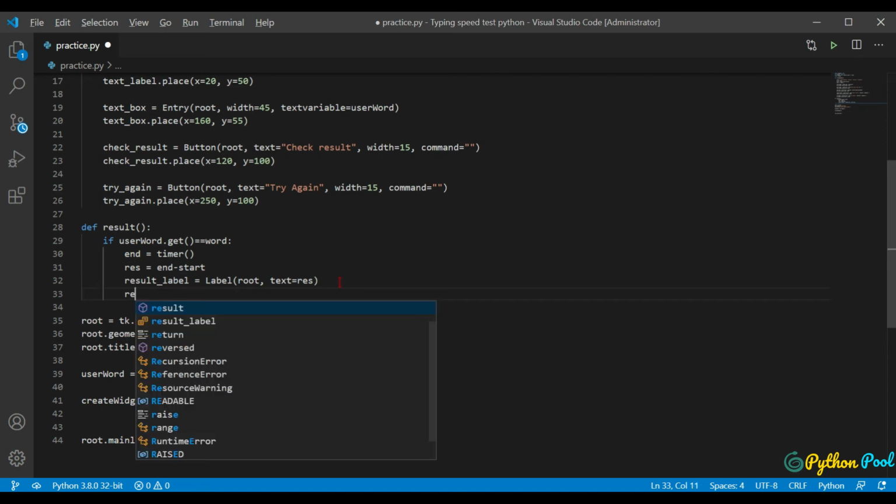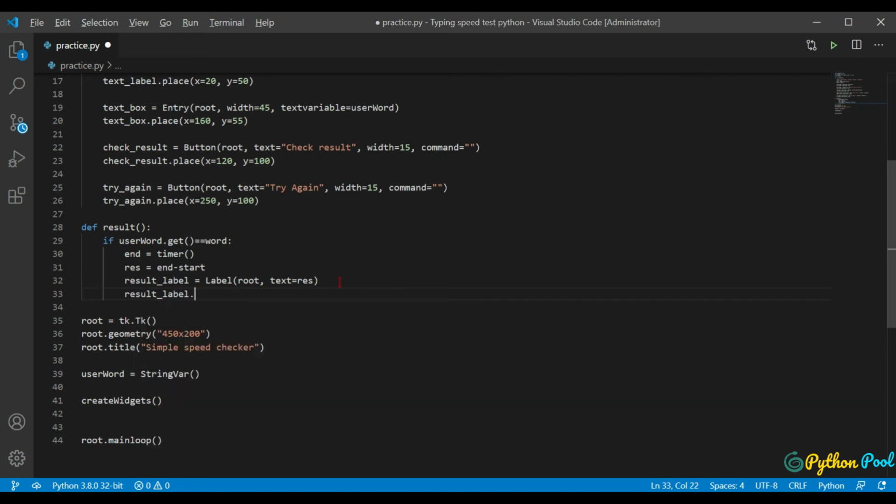So result label dot place, x-axis let's give 50, and y let's give 145.